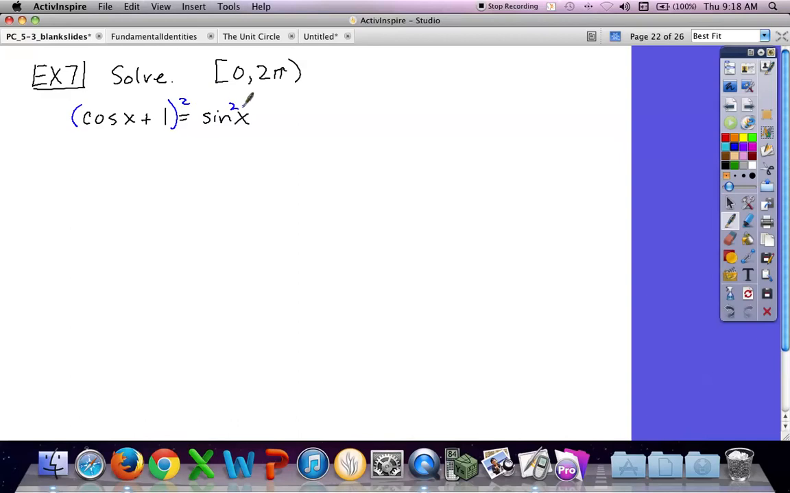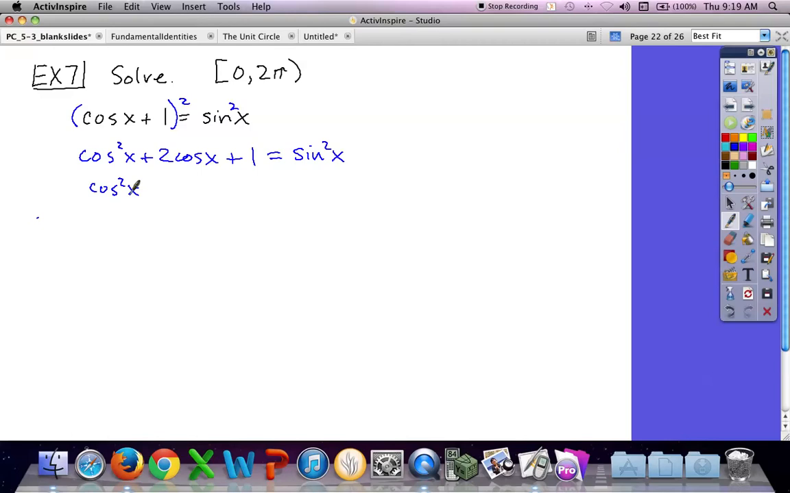Squared and squared, right? That's a FOIL. Cosine squared x plus 2 cosine x plus 1 equals sine squared x. And again, now we can substitute for sine squared, right? It is 1 minus, you know, if you're not quite sure if it's 1 minus or cosine squared minus 1, go back to the identity, but it's 1 minus. So now we've got cosine squared x plus,